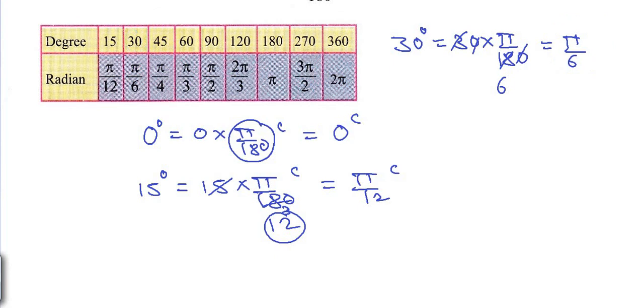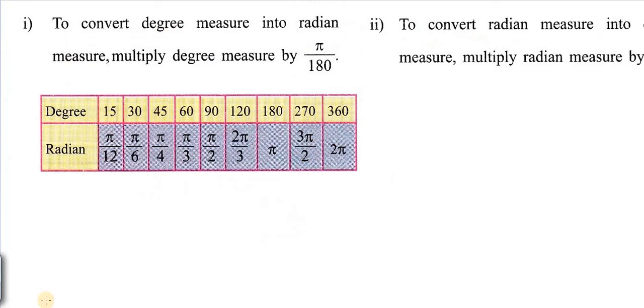Now the beginners, that is the students newly entered into 11th science, should initially try to remember these angles, not 15 degree but at least 30 degree, 45 degree, 60 degree, 90 degree, 180, 270 and 360. Okay. In next lecture we will try to solve some numericals based upon the conversion factors, that is how to convert angle in radian to degree and from degree into radian. Okay, see you then in the next lecture.